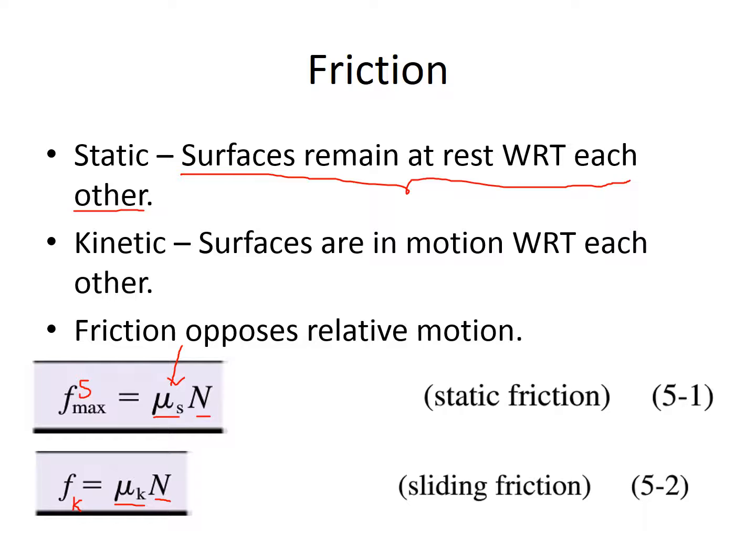Most of the time you're driving around with a box in the back of your pickup truck, it's moving at the same speed as the truck. So the box is at rest with respect to the bottom of the truck. Static case. It becomes kinetic when you slam on the brakes, and that static frictional force is no longer large enough, and the box slides to the front. So remember, what you're always looking for in terms of friction is relative motion between the